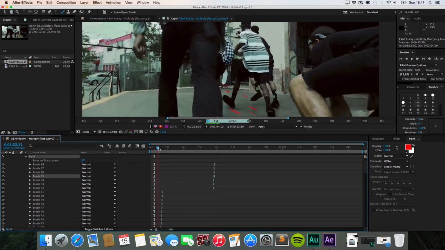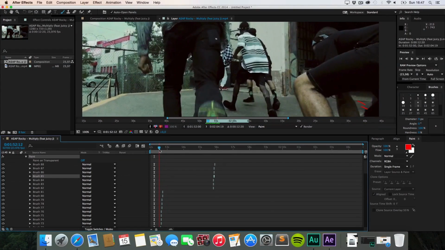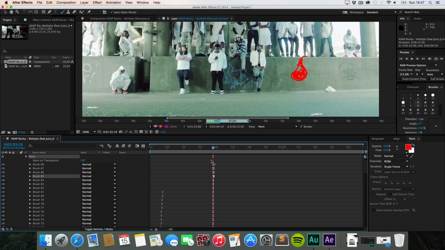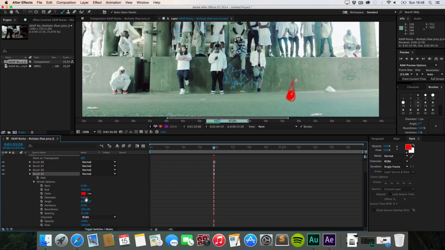And now I'm going to show you the cool options of this brush animation right here. I'm just going to select brush 88. You can see it's this one. And if you now expand it and click here, you have a lot of options.